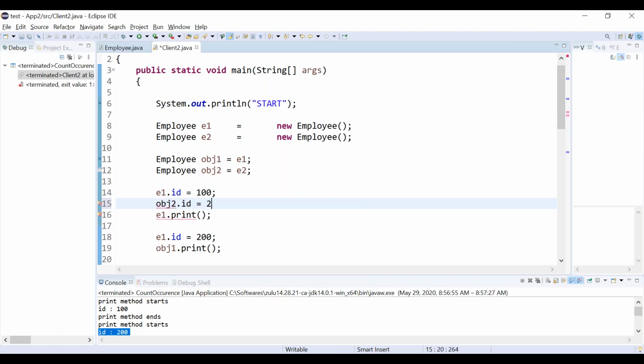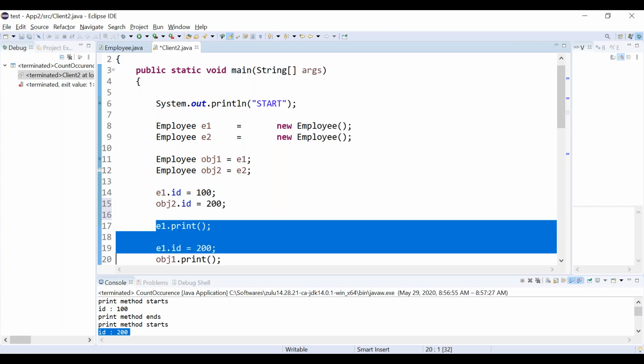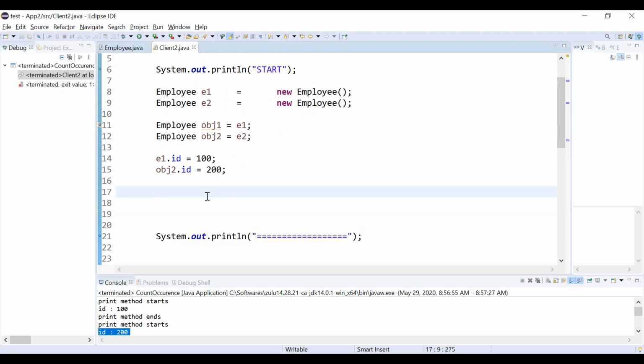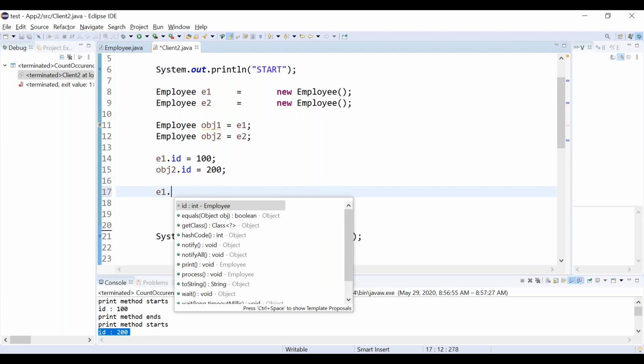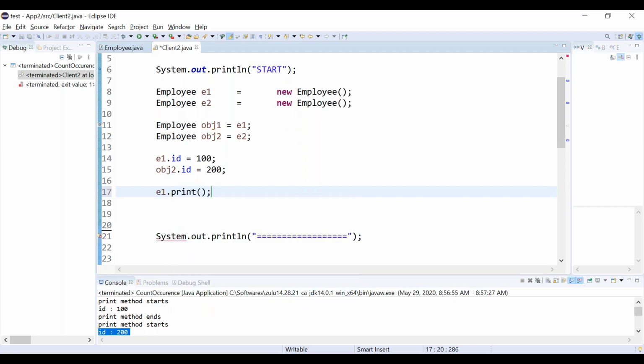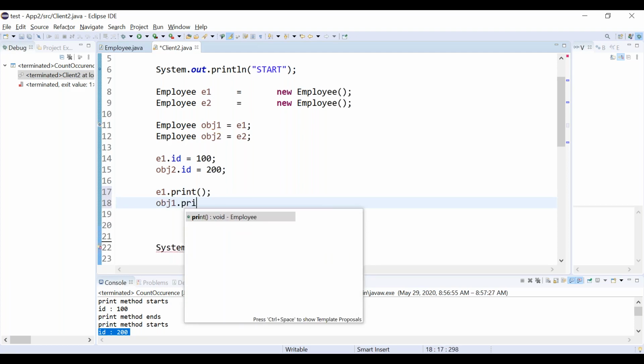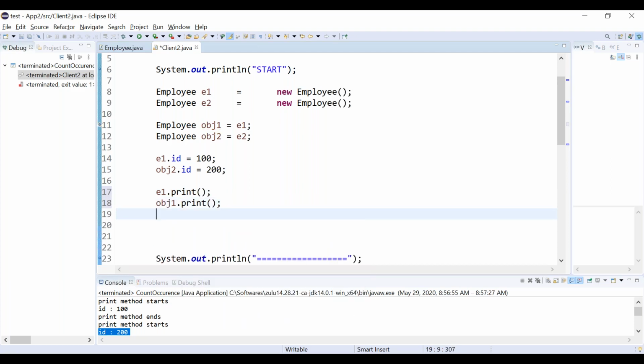Let's make it 200. Now I'm removing everything. I just call E1 dot print and obj1 dot print. Both should give the same answer, right? Both are pointing to the same object, so both should print 100.